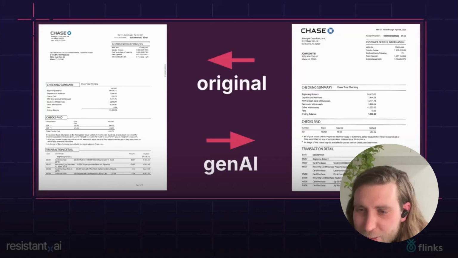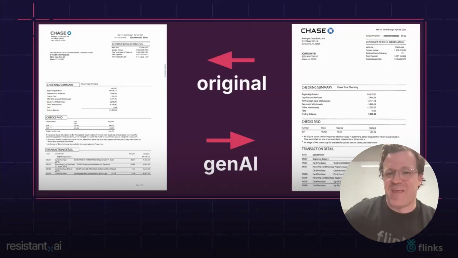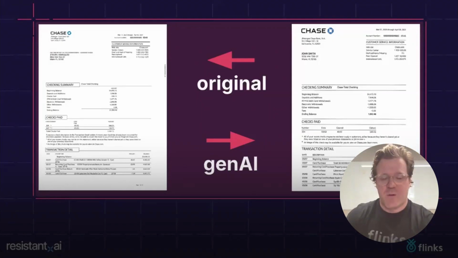Sorry, I need to look at that question again because it's quite long. I think the idea is, how do you determine if you downloaded the document as a PDF from your bank statement and it's getting flagged as fraud, how are we making sure that those false positives are dealt with? I think you said under 1% false positive rate. So clearly Resistant AI is doing a great job at that. Are there any tips that you have for them?